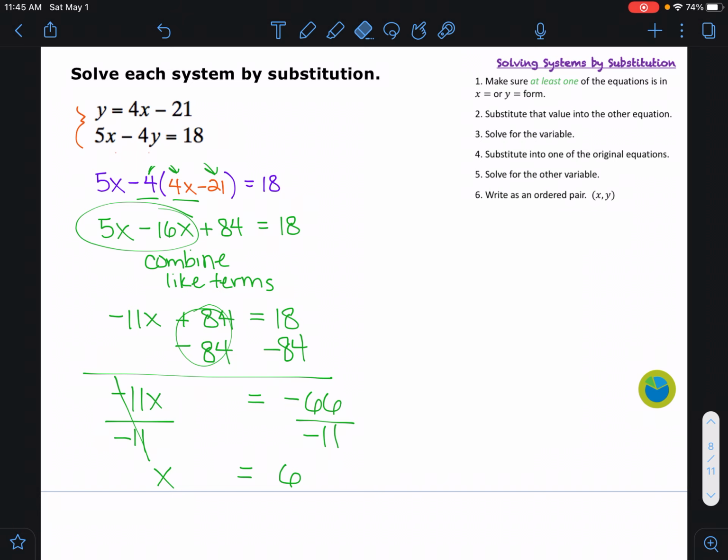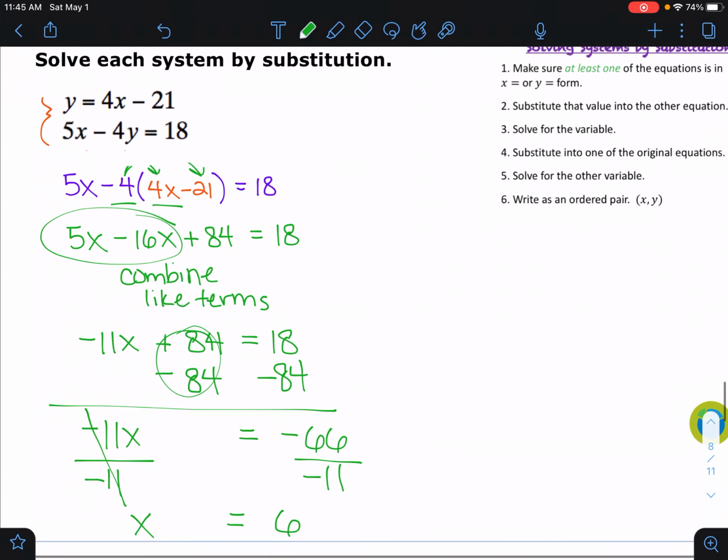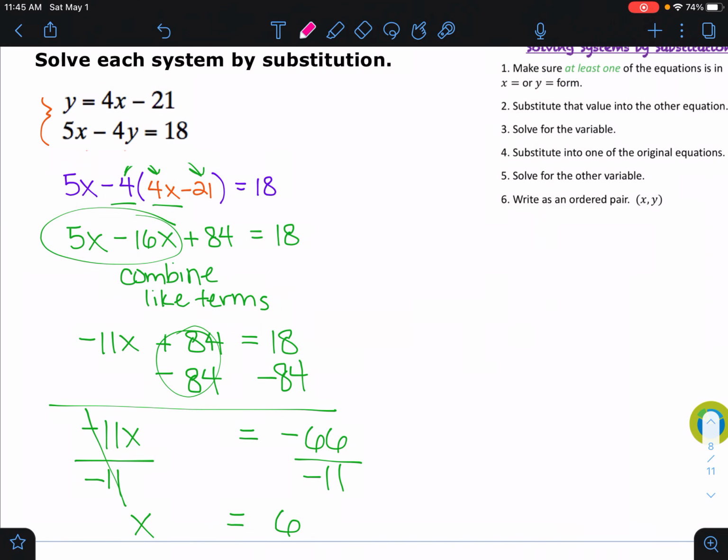Okay, so if I look at these equations here, it says y equals right here, and I know what x is. So I'm going to substitute it into that equation, and we're going to solve for y now. Okay, so let's see. So y equals 4 times x minus 21. So I'm just using this to find y, right? And now I know that x is